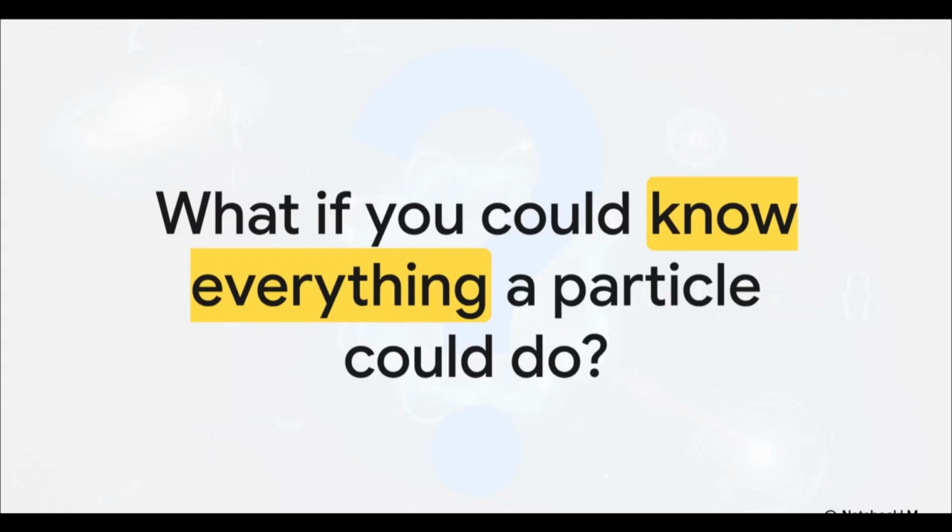So, what if you could know absolutely everything about a particle? And I don't just mean knowing where it is right now, I mean knowing every single possible thing it could do, even before it actually does it. Crazy, right? Well, in quantum physics, there's a specific concept that holds all of this incredible, mind-bending information at once. And without this hidden layer of data, we literally wouldn't have atoms, chemistry, lasers, quantum computers. Honestly, we probably wouldn't even have life itself.